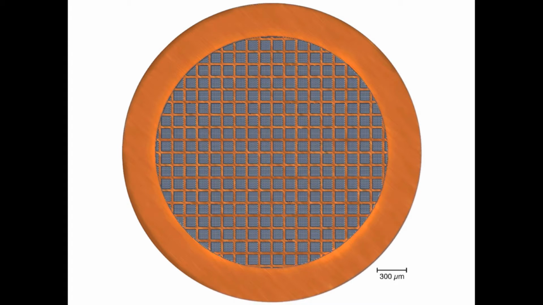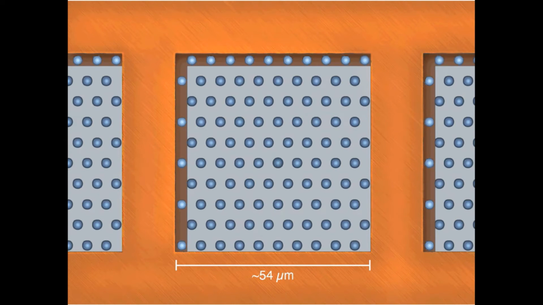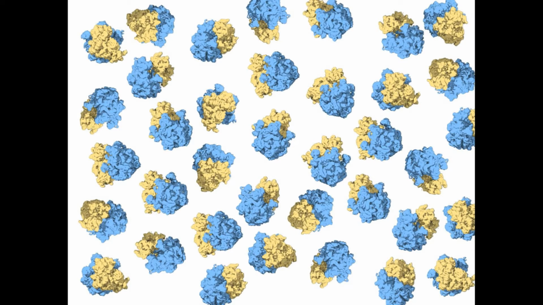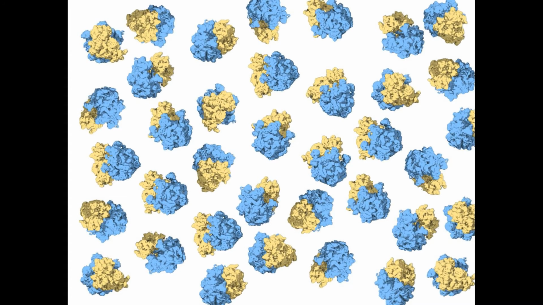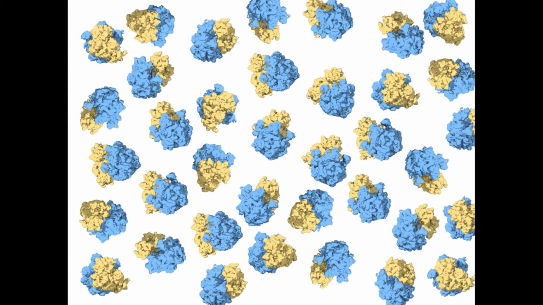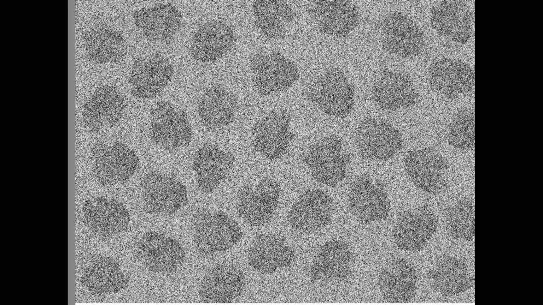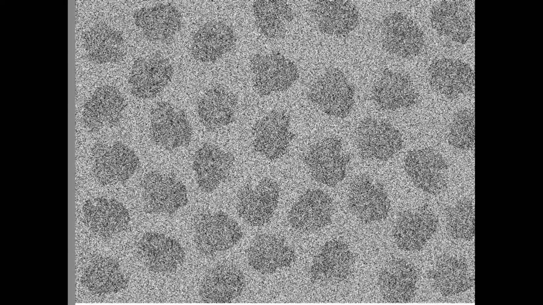Okay, I have a nice illustration of a sample on the grid. After blotting, the grid is covered with a thin layer of liquid containing the molecules. So now we have this here. This is a copper grid, and this is the next stage where we see the individual holes. This is a single one of these, and now you see the molecules there. So these are the molecules, and you have to imagine that they're doing something. They're moving around, and then comes the big chill, and now you can see that